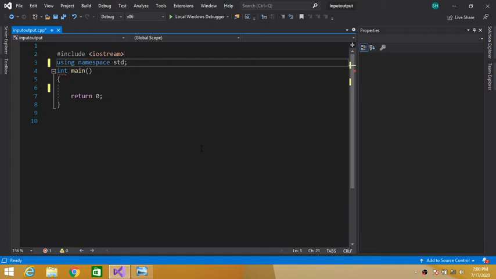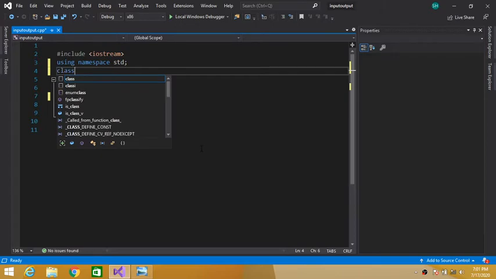Today we are going to study how we can pass an object as a function parameter. Okay, the method of passing objects to a function as a parameter is the same as passing other simple variables. So we can pass an object as a parameter like we pass other simple variables as a parameter. Okay guys, let's take an example for better understanding.